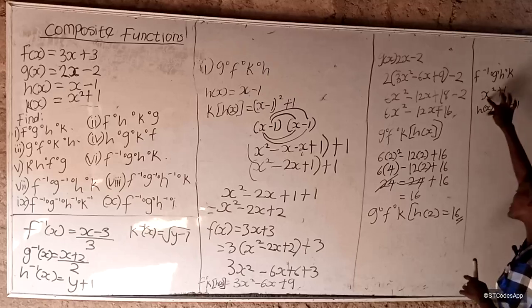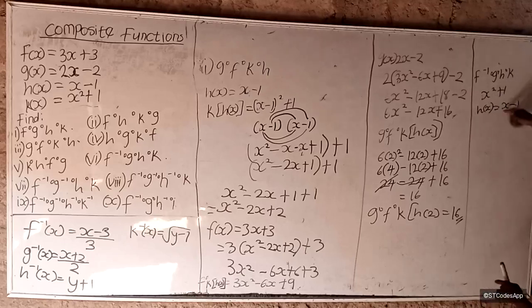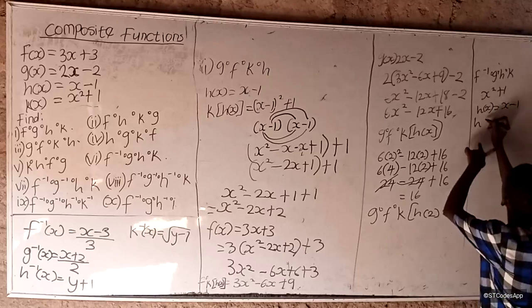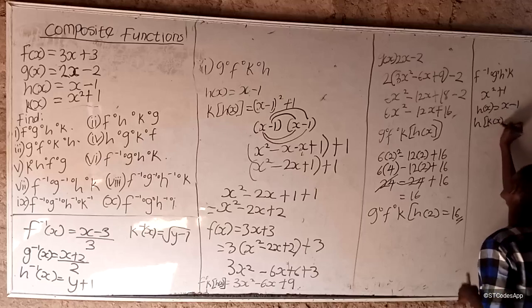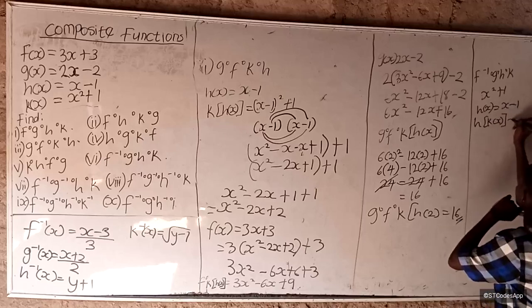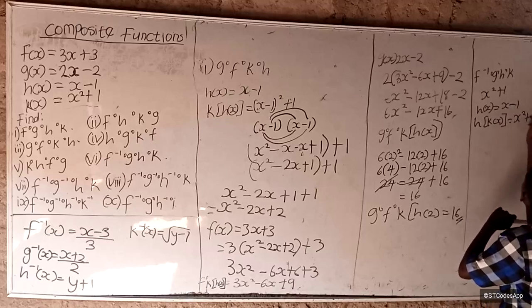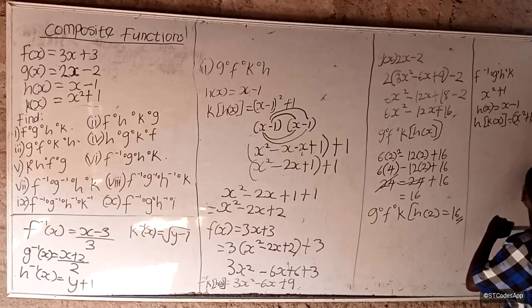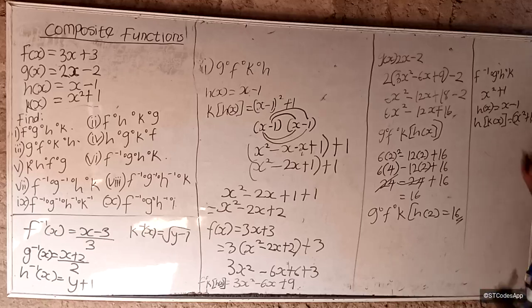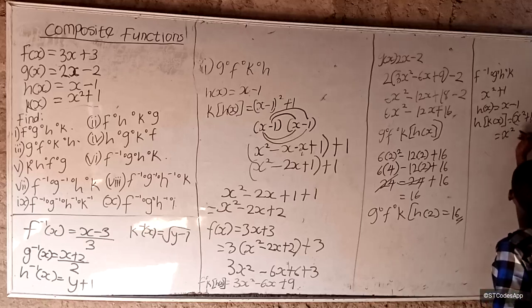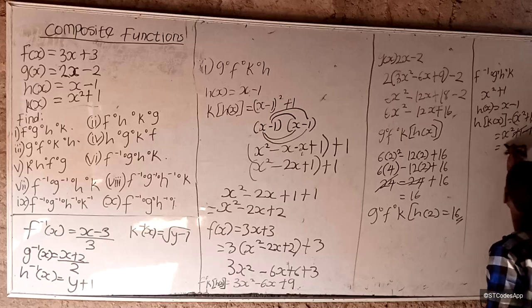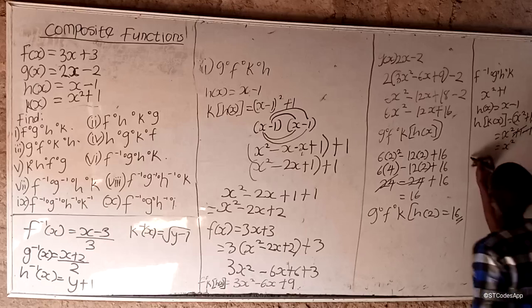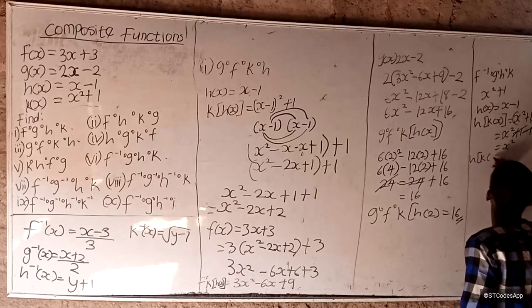So we are imputing this value in for this x, and so we write h of k of x to be x squared plus 1 minus 1. Minus 1 takes care of plus 1, and so we are left with x squared. So our h of k of x